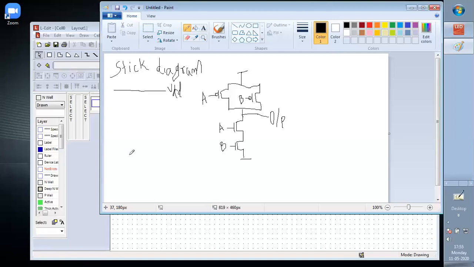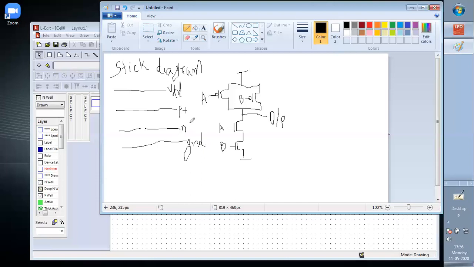One is VDD, another is GND. Next is the P plus diffusion for PMOS. It is of yellow color, and green color is for N plus diffusion.